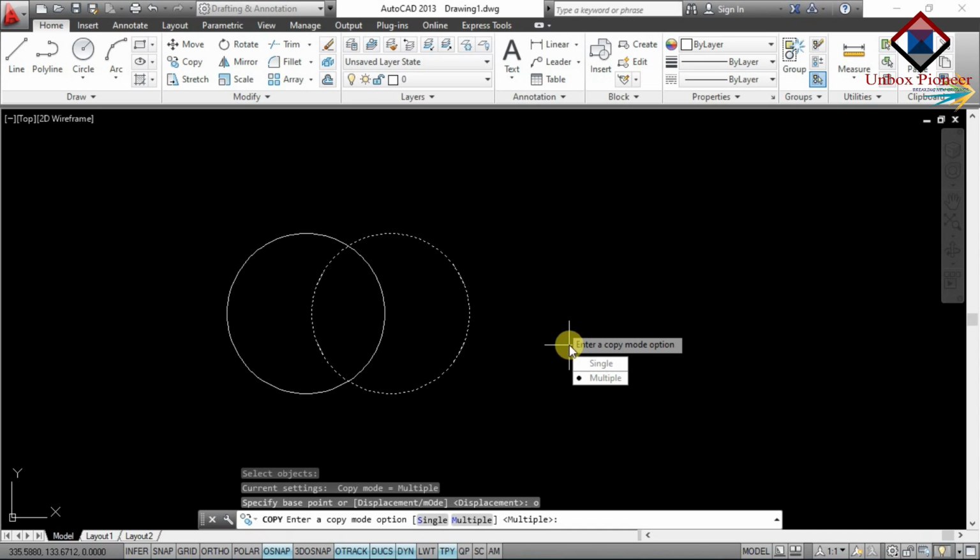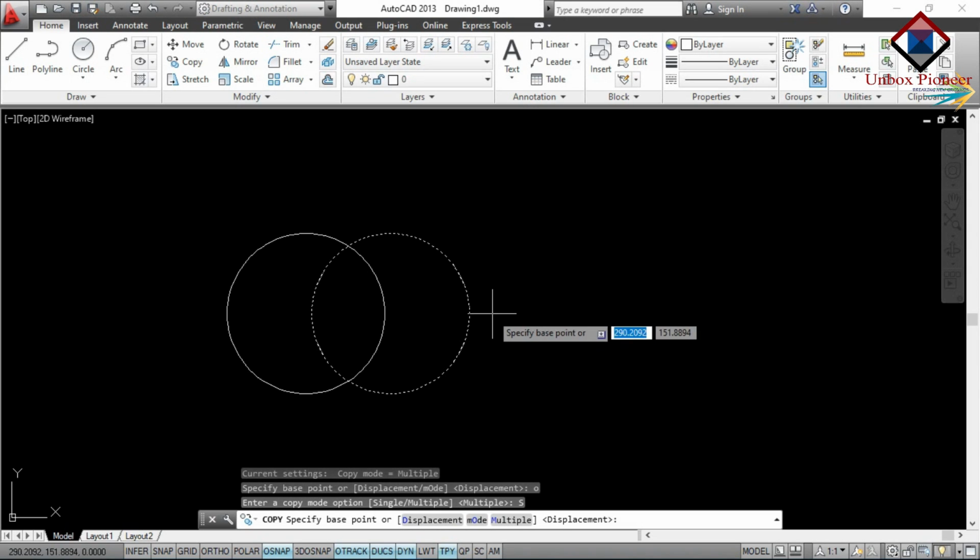Now here it will ask to enter a copy mode option. There are two options. The first one is single and the second one is multiple. Then select single entity copy or multiple entity copy as you require. In single entity copy, the object will be copied once, then it will automatically exit.